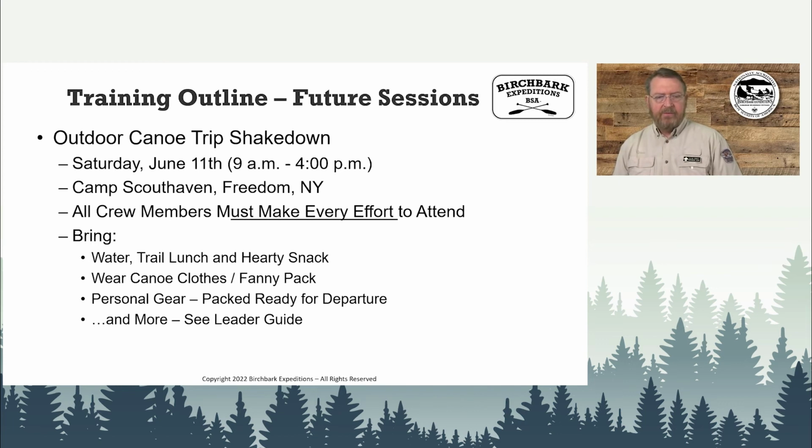But let me walk you through real quick how this works. We really, really stress that every one of the crew members attends the shakedown. The reason we do this is we want the scouts to go through the beginning of the learning process for some of these skills while they're still at home, at a shakedown event. And what this does is eliminate some of the frustration